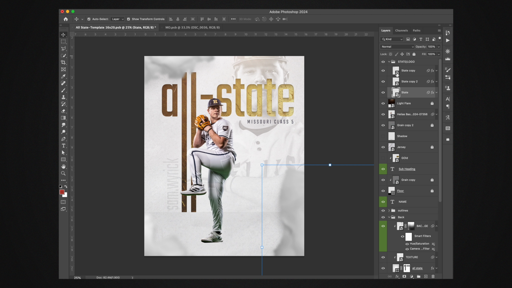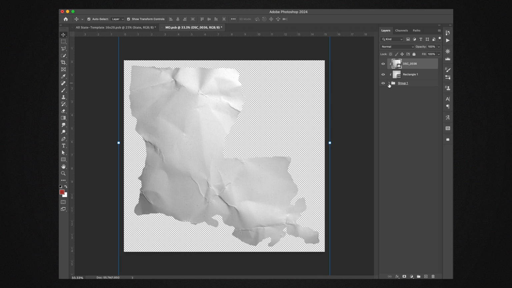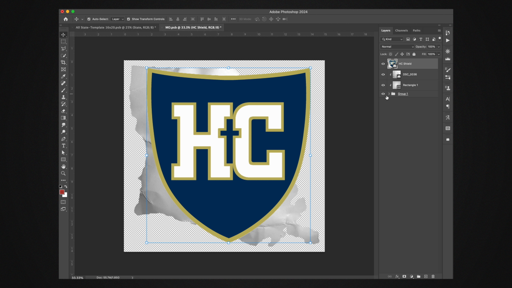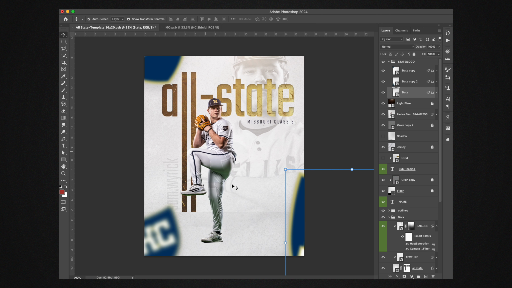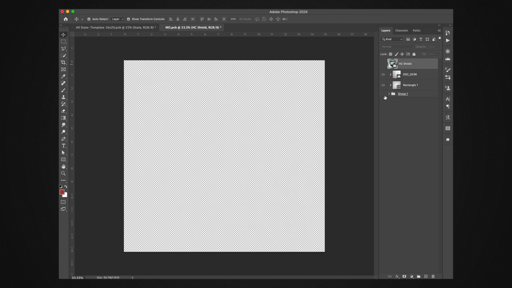The other option that I've used a lot on these is drop in the logo. So let's see if I can pull in a logo. And then you'll turn this off down here, so hide that. Save this smart object, and then you'll see it updates all over here. So some logos work better than others in these. I like the state for this look. So I'm just gonna go back and swap this back out, turn that off, turn this back on,